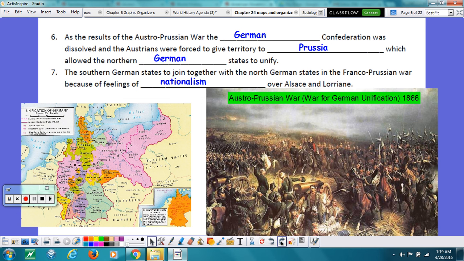And as a result, there were strong feelings of nationalism, especially over a very contested area called Alsace-Lorraine, which is right down here by my little recorder, in this part of what would become Germany. This land would be contested between France and Germany over the years. During World War I, this was land that at different times was in the hands of the French and in the hands of the Germans, but eventually had to be given back to France as one of the conditions of the Treaty of Versailles.